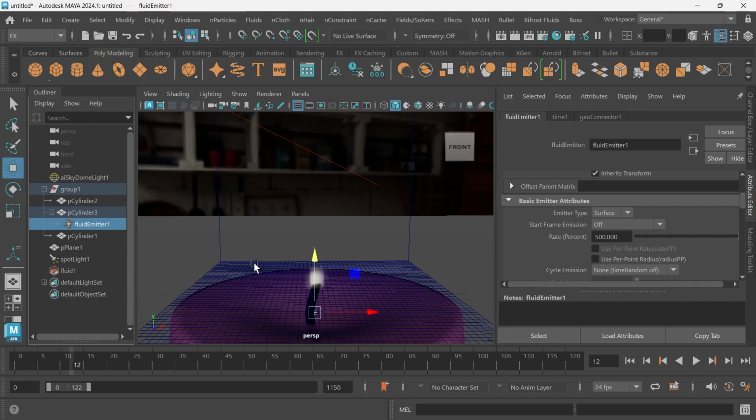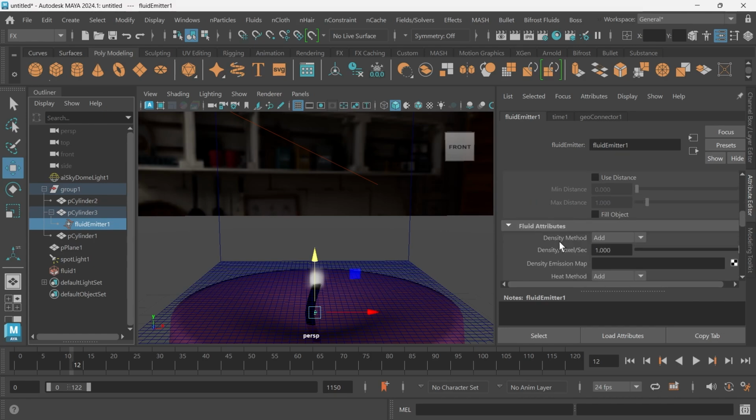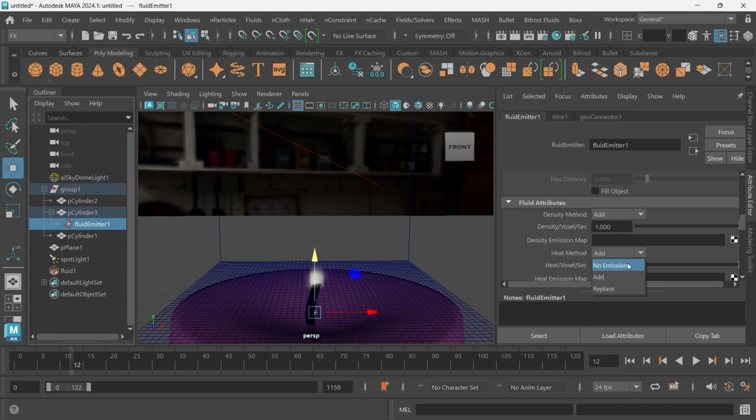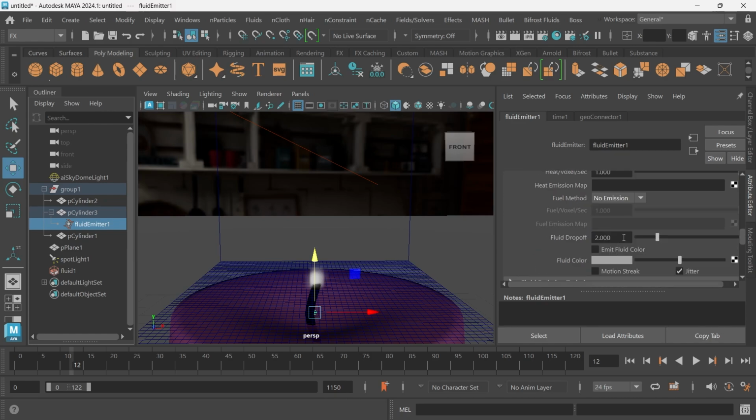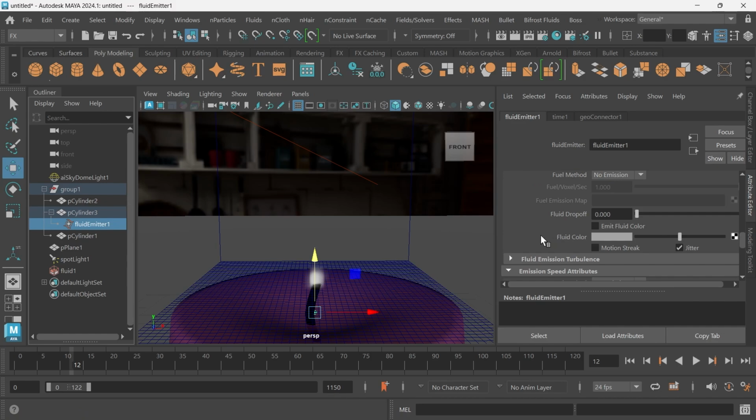Now what I want to do is turn off the fuel. We don't have fuel for this, so it's okay if we turn this off. So let me go to Fuel Method, No Emission, and then just crank this down to 0 since we don't have any emission. And that should be good for that. Now let's go back over to our